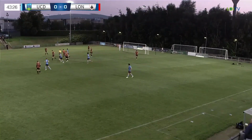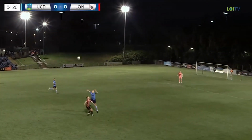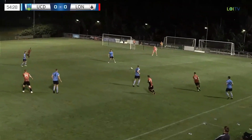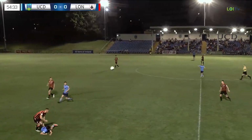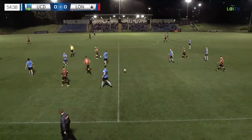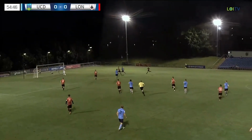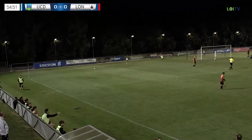Harvey O'Brien. Yeah, and that was a good idea. Adam Verdon, whose brother Sam was once a Longford Town player. Todd has it now. Weir is in possession now for the students. Knocks it back to Harvey O'Brien. And Adam Verdon lost his footing, and the referee said he was fouled by Mick McDonald. It'll be a free to the students. Quickly taken by Weir, who spots Kerrigan on a run from the right wing, and he's headed wide for a